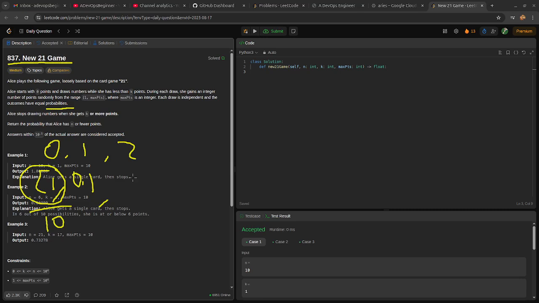For number 2, there are going to be 2 possibilities. One is Alice has card 0, then she gets a card of 1. Another possibility is starting from 0 first, then getting a 2. So in this case,